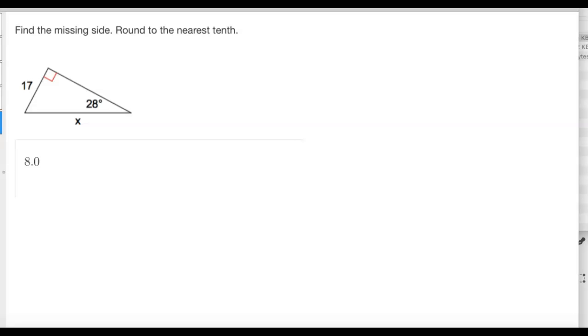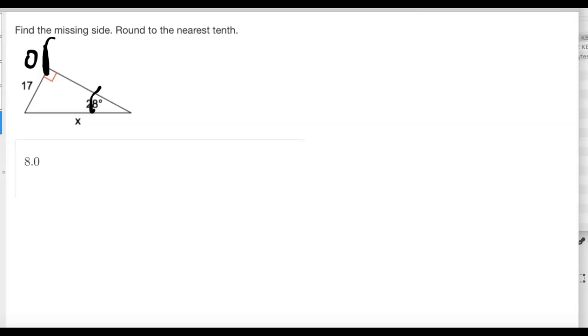All right, I noticed that when I was grading some of your quizzes, we're setting up the proportion incorrectly. So I just wanted to talk to you about this type of problem. So if you got any wrong on your last quiz, I'm going to show you how to fix that for your test. So in this problem, we have our given angle here, which means this is opposite, and this is